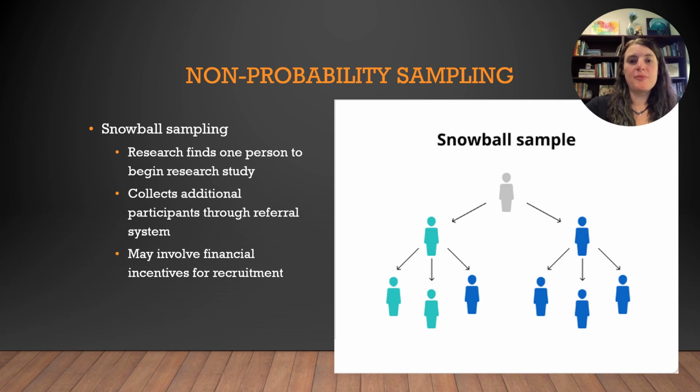Snowball sampling is another really common non-probability method that is often used in descriptive and exploratory studies. Here you contact someone in your population that you're studying and ask them to provide information about someone who would fit your study requirements that would talk to you, and that process continues. This type of sampling is really helpful for hidden populations, people who aren't easy to track using official data or who wouldn't automatically participate in the research. This would include homeless and transient populations, people engaged in illegal behaviors, or people engaged in highly stigmatized or deviant